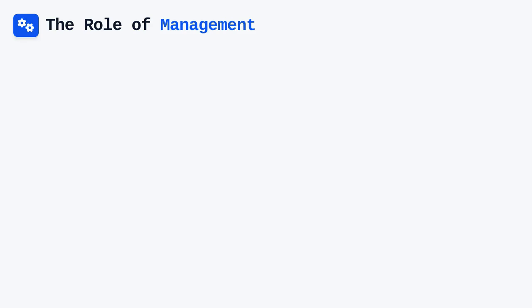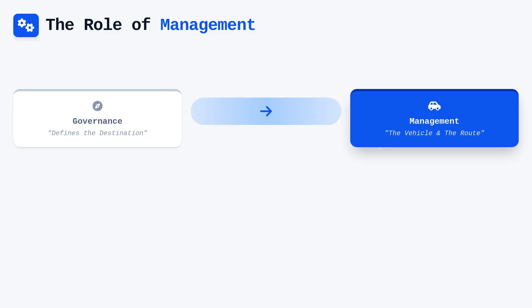Management, on the other hand, is concerned with the operational execution required to realize the strategies set by the governance layer. Management plans, builds, runs, and monitors activities in alignment with the direction set by the governance body to achieve the enterprise objectives. While the governance layer defines the destination, the management layer is responsible for the vehicle, the route, and the day-to-day operation of the enterprise functions.